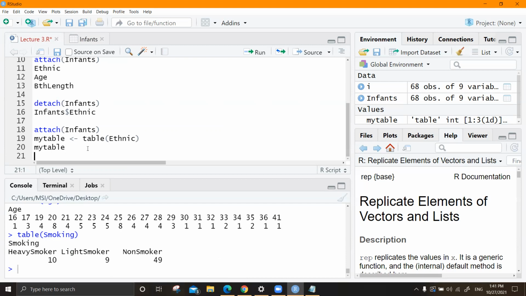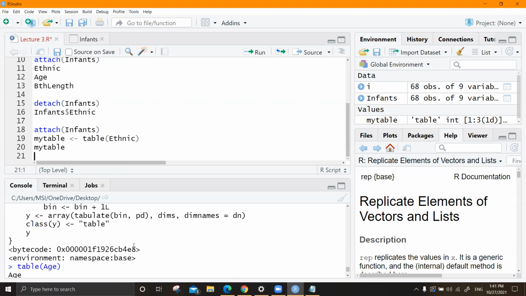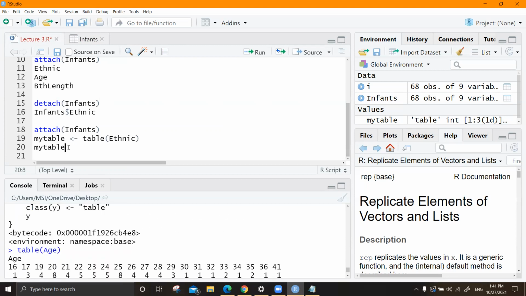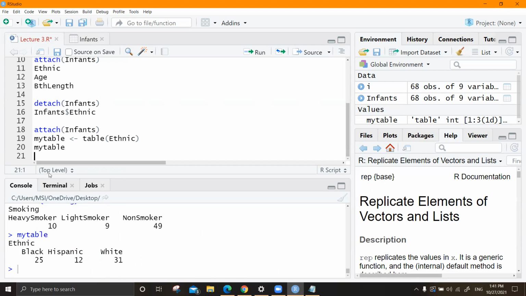Why did we draw a table? We can either keep the table as it is. So I'll print my table once again. You can give a name to the table and print it like this, or you can simply run this code line. We are assigning it to some object so that we can use it in other places rather than running this code line all the time, and it is very clear. So this is a good practice.